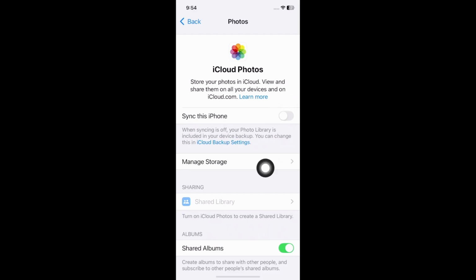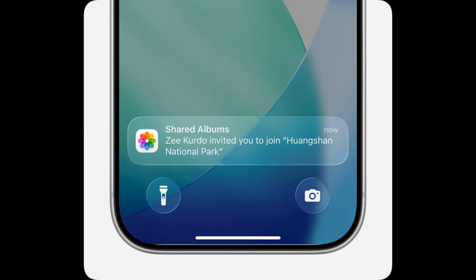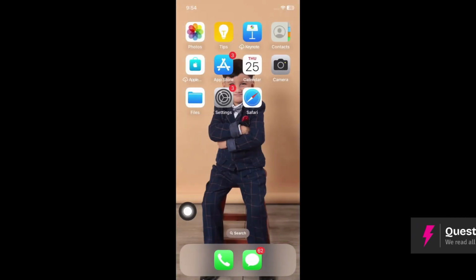So why is that? Because if you have it turned off, you won't receive the shared album invitation that will look like this. Now, another option to check where the invitation is, you can go ahead over to your